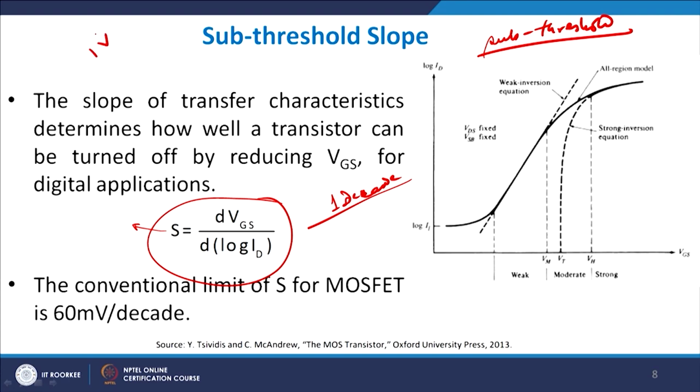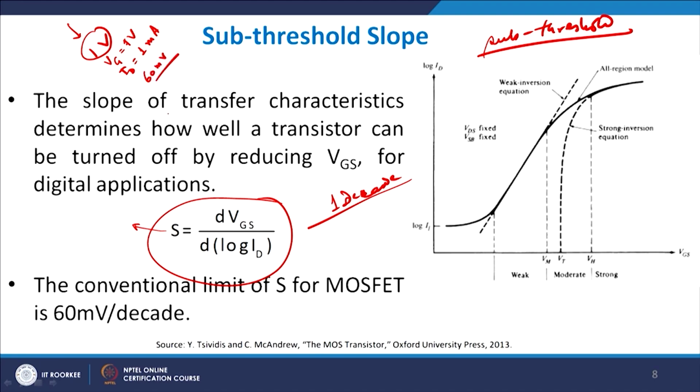You applied a gate voltage approximately equal to 1 volt, and the drain current which was flowing was, let us suppose, 1 milliamp, just for the information's sake. Now, I decrease the gate voltage by say 60